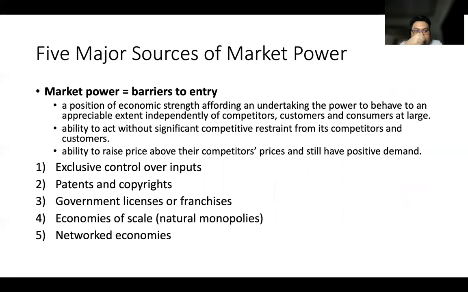Now we go to discussing the sources of market power. Market power is really talking about barriers to entry. And we can give a formal definition to it. Market power is a position of economic strength, affording an undertaking the power to behave to an appreciable extent independently of competitors, customers,